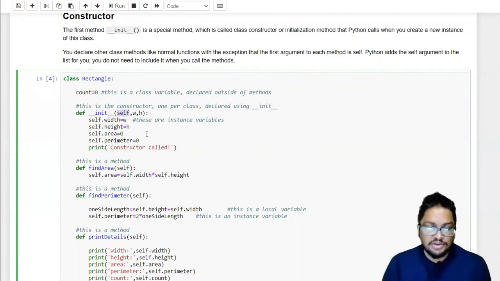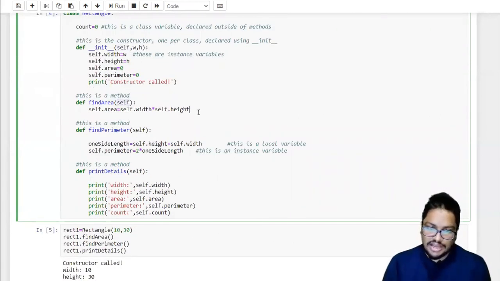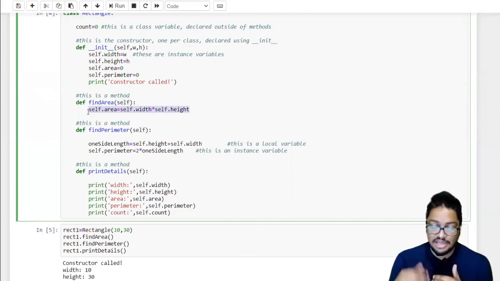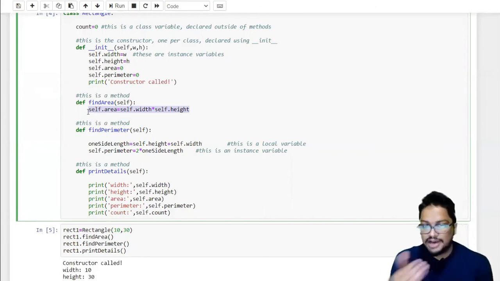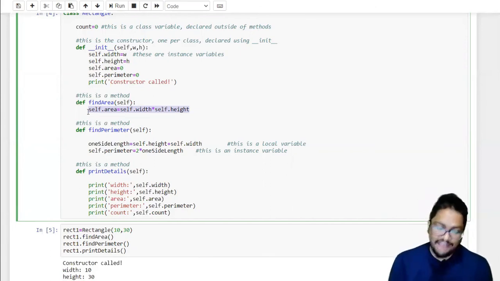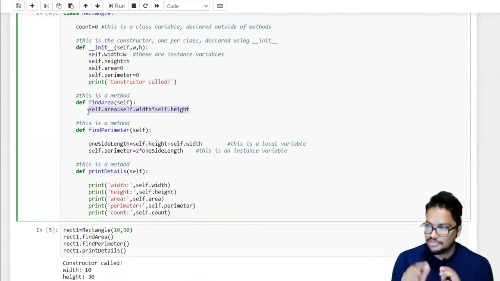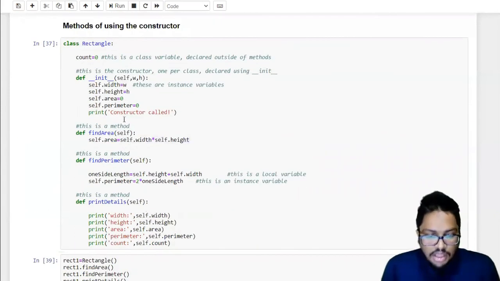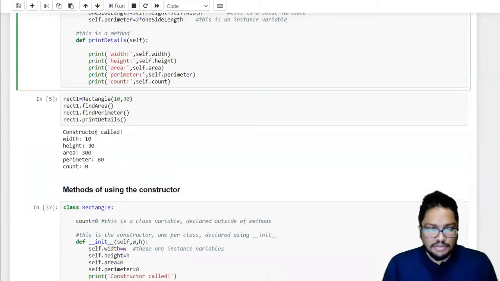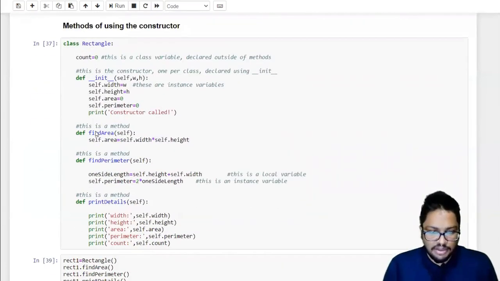So when you pass it to a method, you can access any method or any instance variable of that class inside this method, right? So that's the meaning of passing self into every method. That's mandatory. You always have to pass self as the first parameter of your method, right?